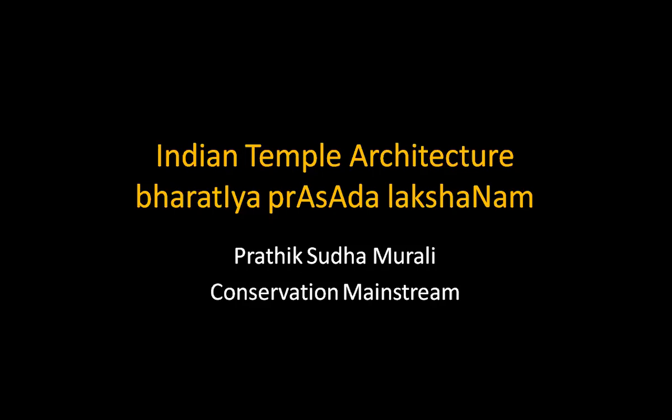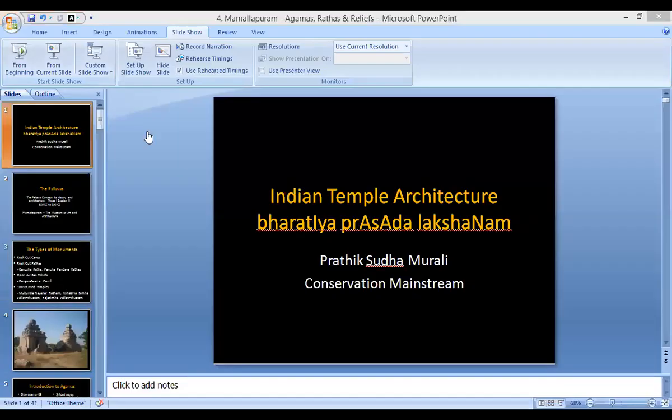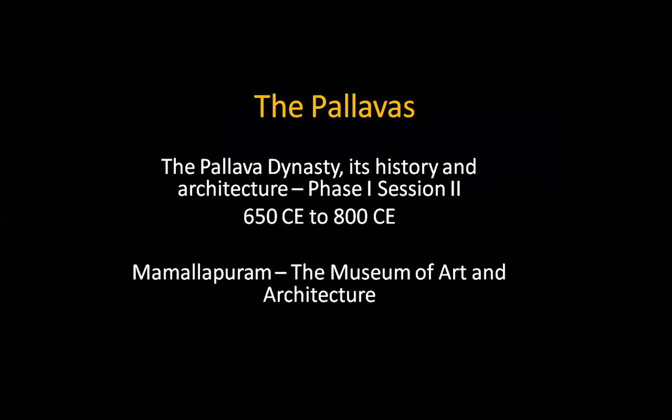As we saw in the second lecture, when we tried to explain the transition between brick architecture and constructed temple architecture, we saw that rock cut architecture was the bridge. So that rock cut bridge, we divided further into two: one was the rock cut caves and the second one was rock cut temples, or rathas as we call them. So the rathas is what we will be seeing today.